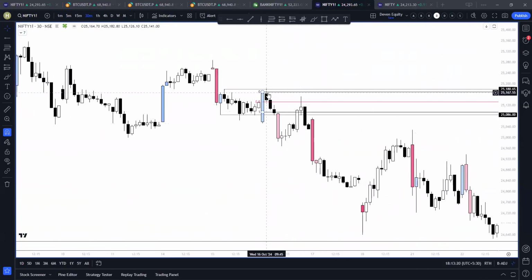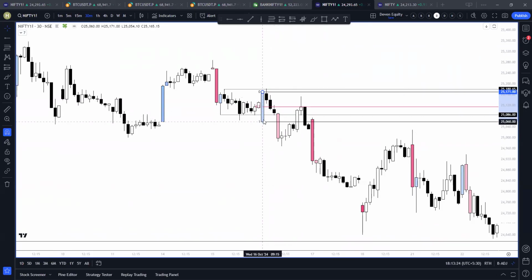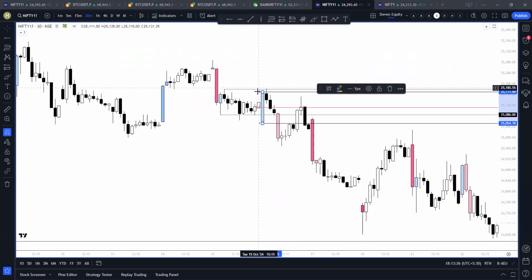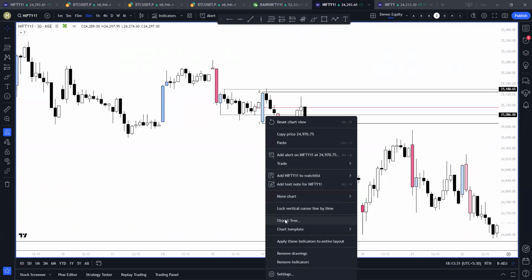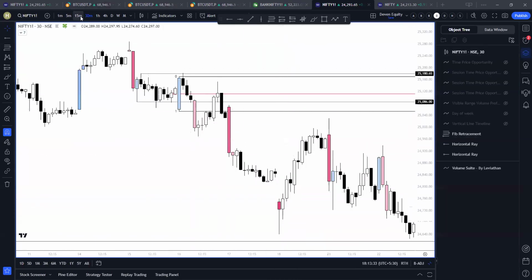Yeah, you see, on 30 minutes, this was CRT2. So extra confirmation, and CRT was done on the full candle. So yeah, that's one of the examples. This is another example on